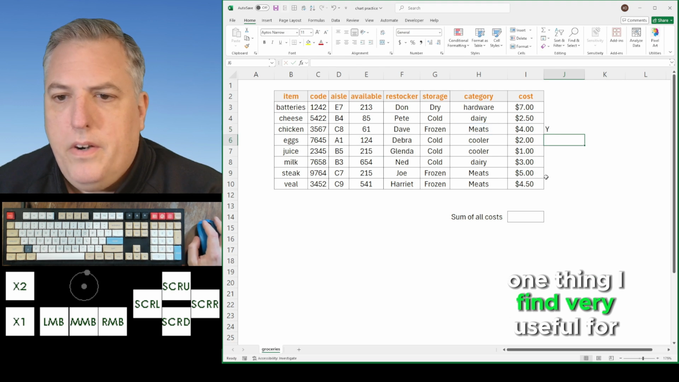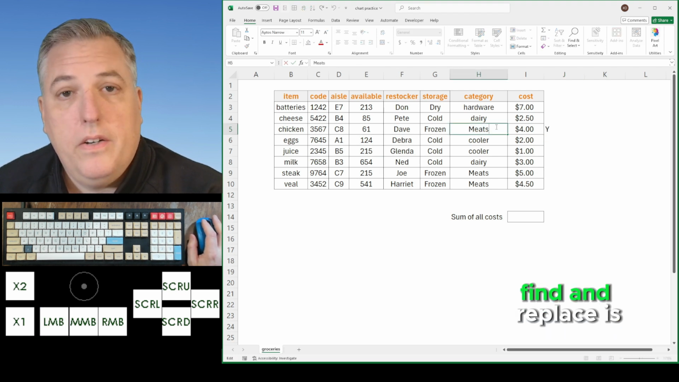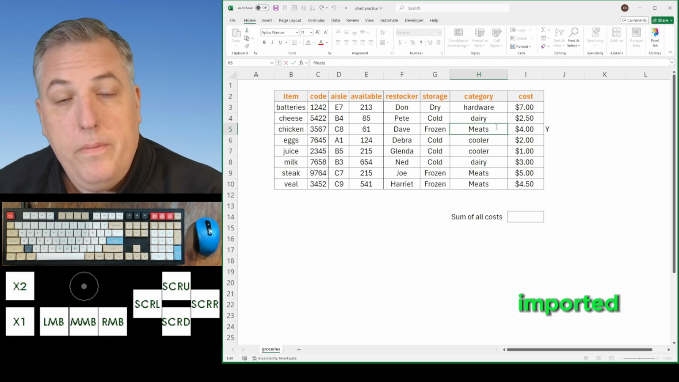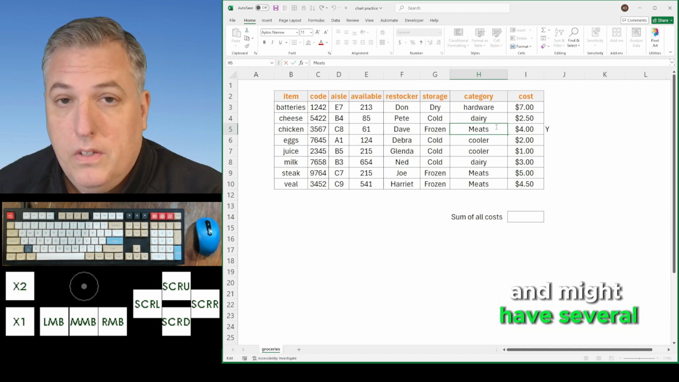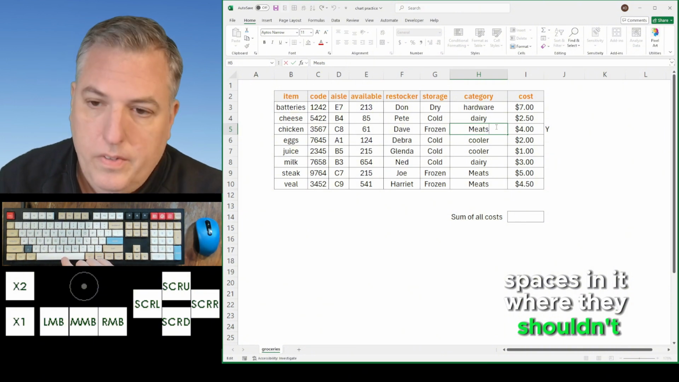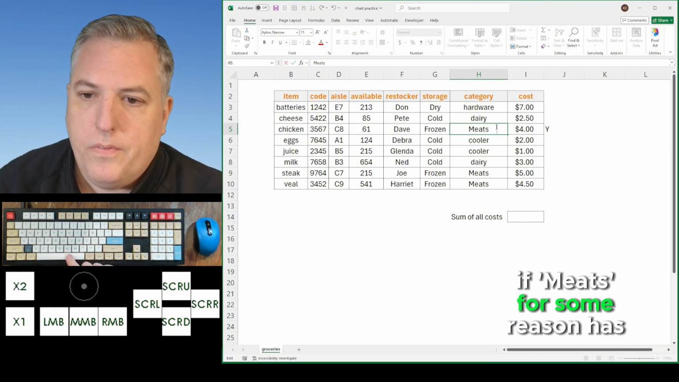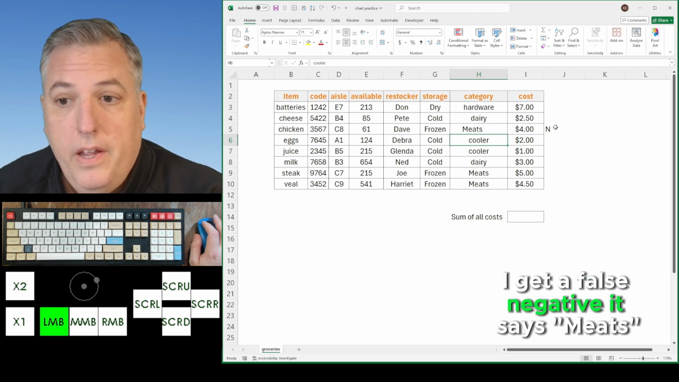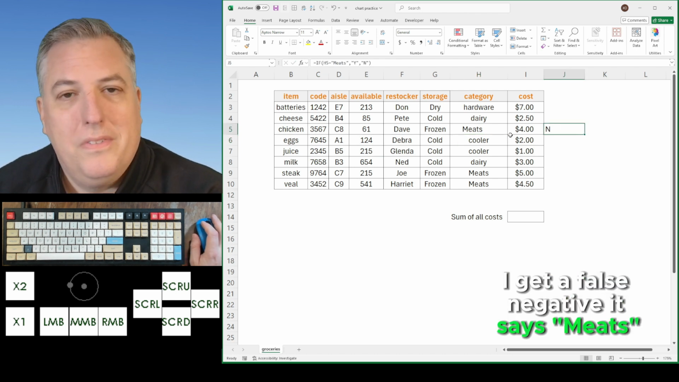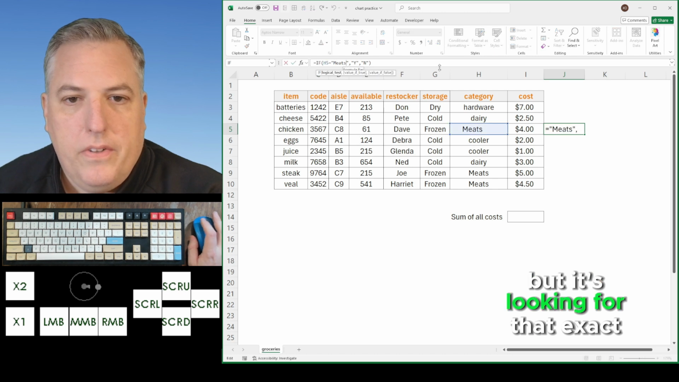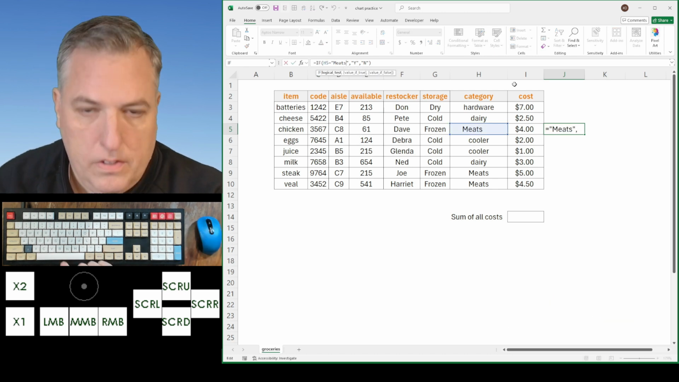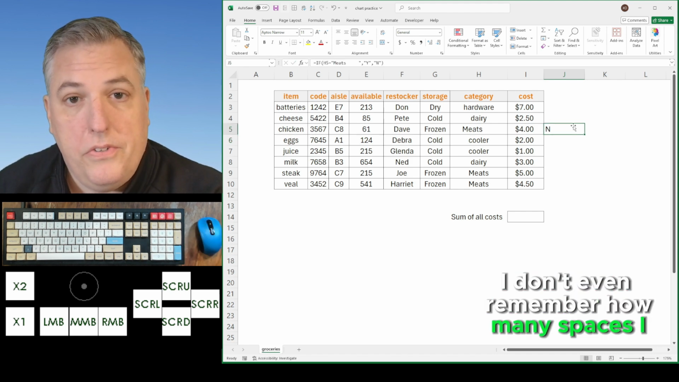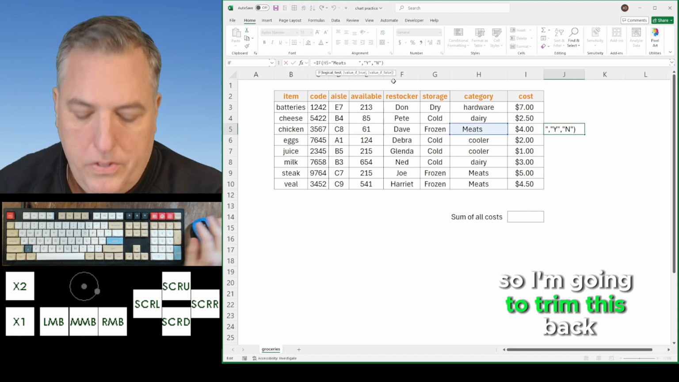One thing I find very useful for find and replace is if I have a spreadsheet that's been imported and might have several spaces in it where they shouldn't. For example, if meats for some reason has that many spaces after it, I get a false negative. It says meats, but it's looking for that exact string. I don't even remember how many spaces I put in. So I'm going to trim this back,